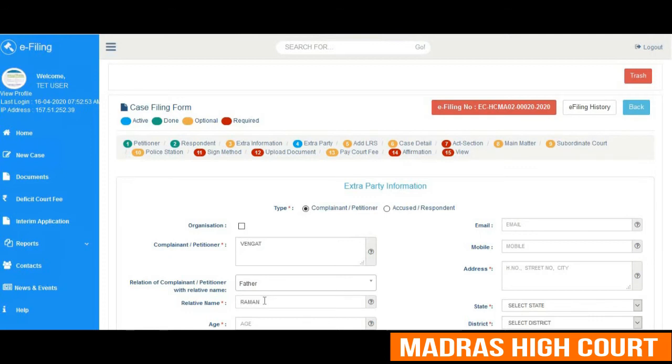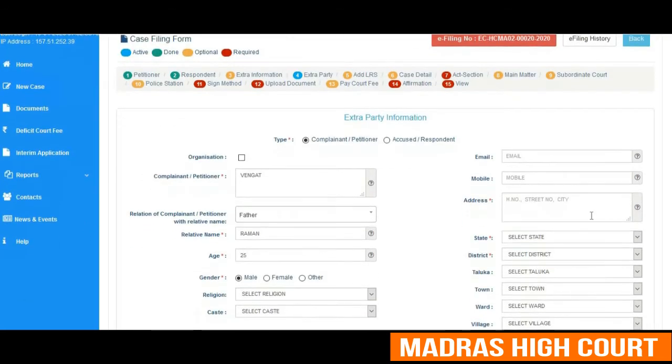The address has to be filled as it is a mandatory field. One can see that the address is being typed by the user in the address column. Remember, the asterisk symbol which is reflected in red color has to be compulsorily filled by the user to take advantage of the system.